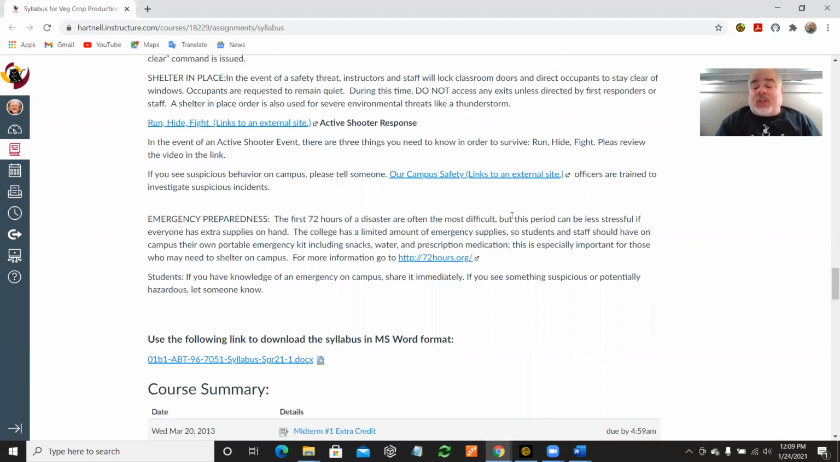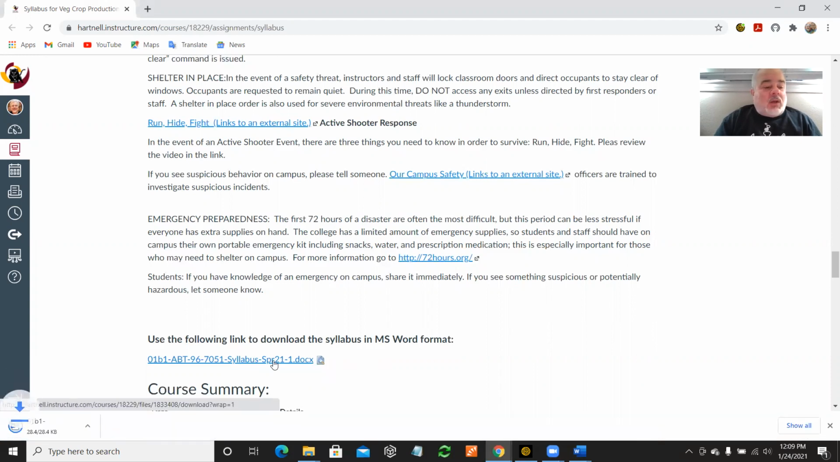It certainly doesn't print. If you're somebody who likes to print and read paper or put it in a binder and create a permanent binder for your classes, this doesn't print well. So there is a link at the bottom. Use the following link to download the syllabus in Microsoft Word format. And click, and here it is. The syllabus